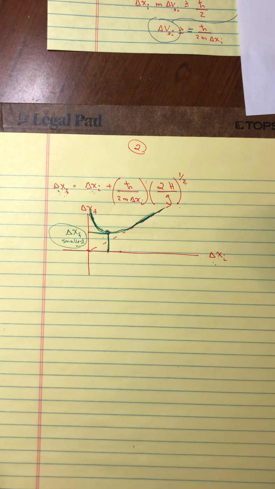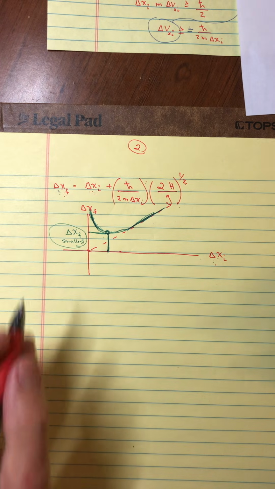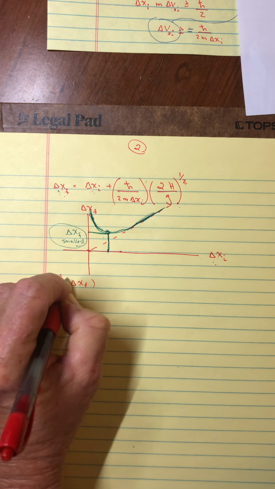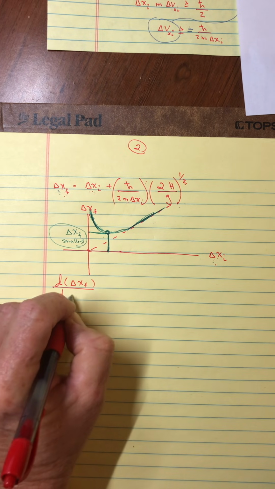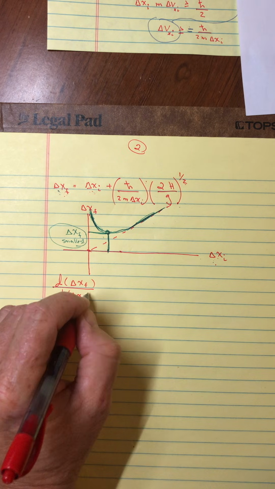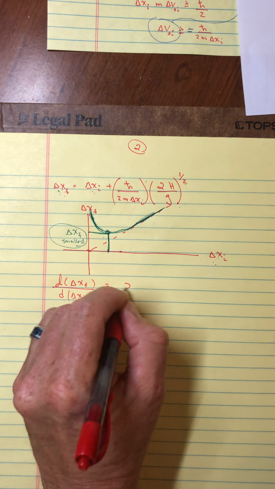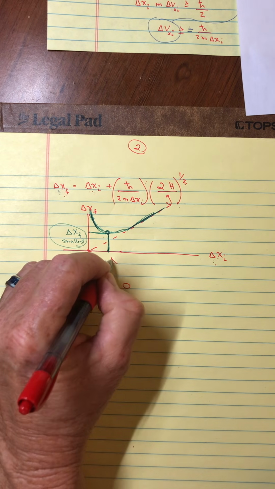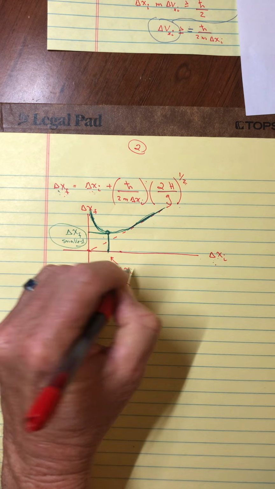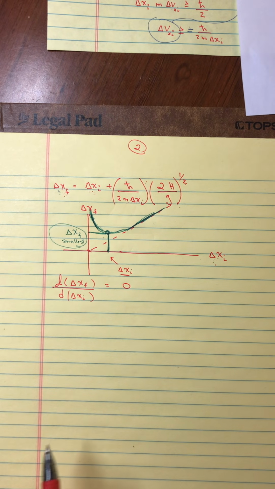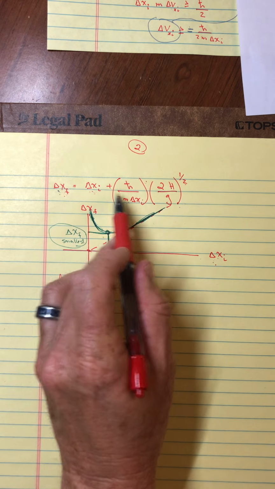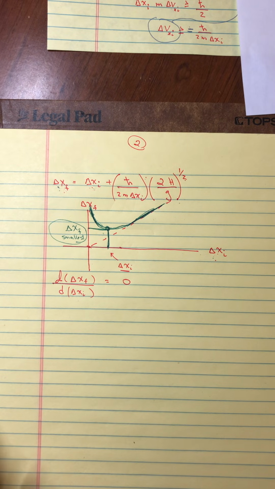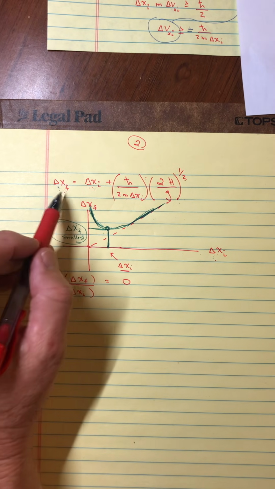Okay, so let me optimize this and find its minimum. And I'll do that by taking the derivative of the function as a function of its initial uncertainty and set it equal to 0. That should allow me to solve for what is the value on the horizontal axis, and then I can put that back into the function and find out what that smallest value is. All right, so now it's just a matter of taking a derivative. So I'm going to take a derivative of this function.